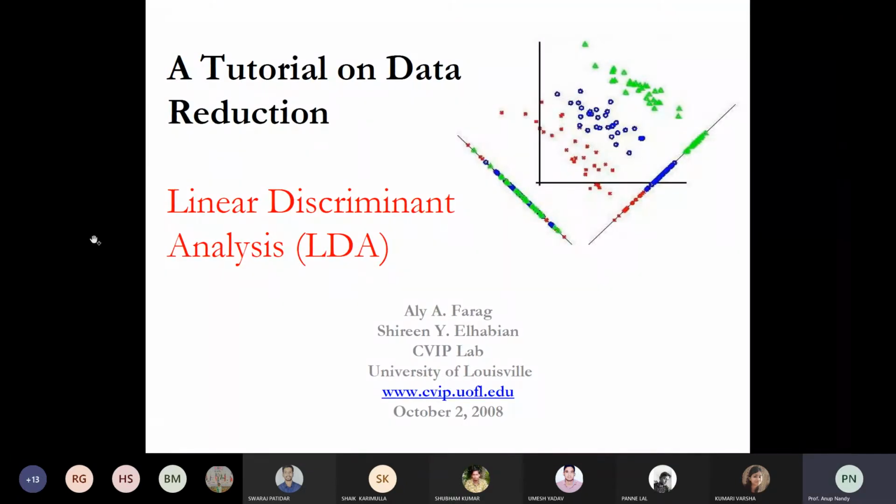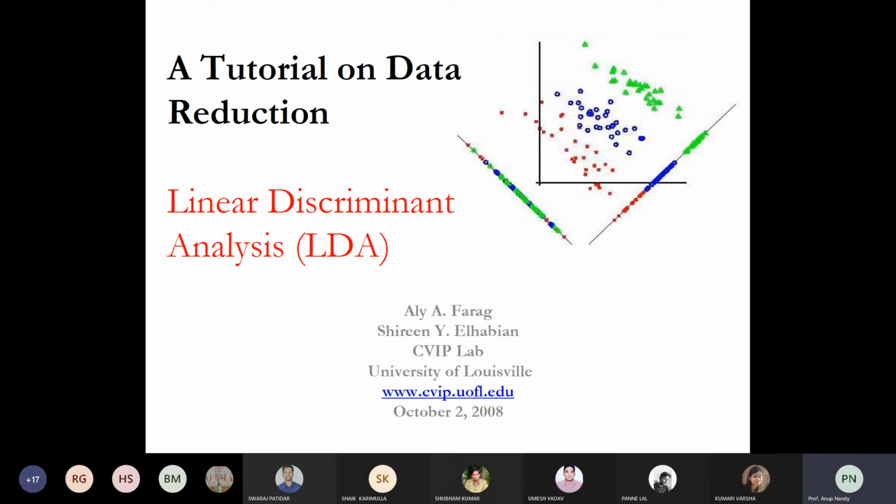So for this data, another data reduction technique is called linear discriminant analysis. This is a very important and more powerful technique. From this discriminant analysis, you'll get another important statistical measure called the Fisher discriminant ratio, FDR. In many places FDR can be used as a feature selection technique.